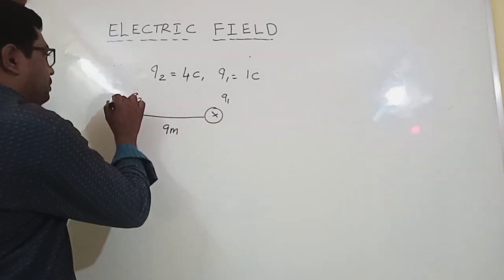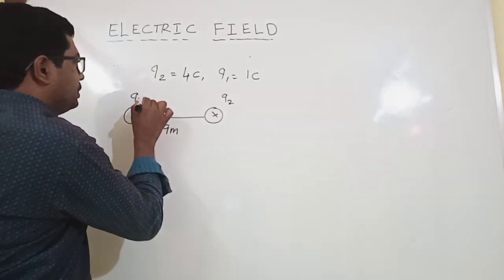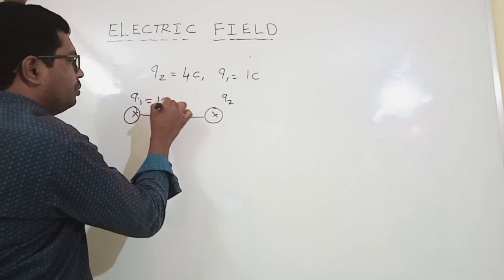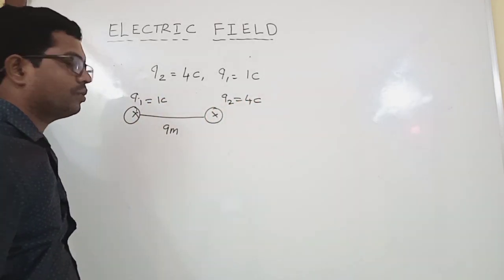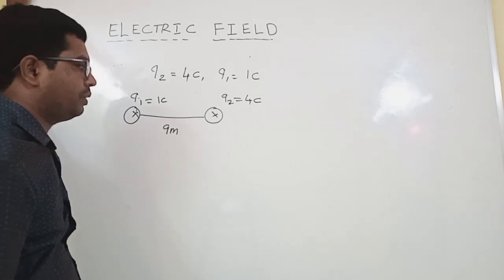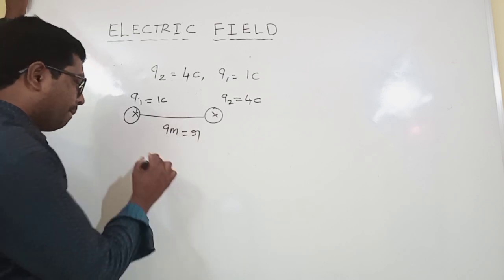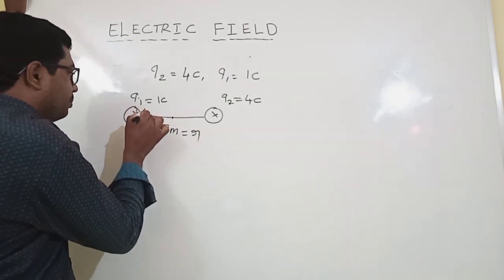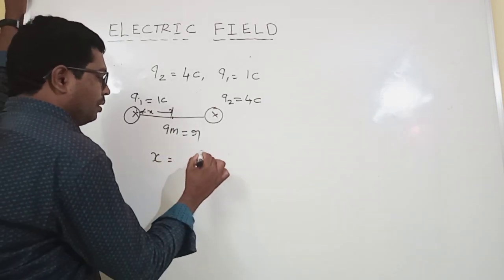Q2 is equal to 4 coulombs, Q1 is equal to 1 coulomb, distance r is equal to 9 meters. The null point supposed to be, this is the null point from the Q1 charge,